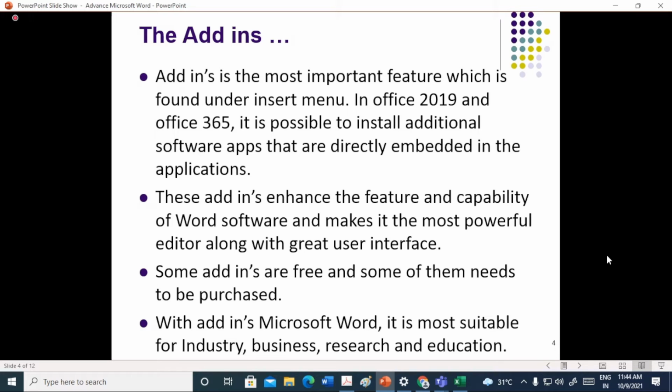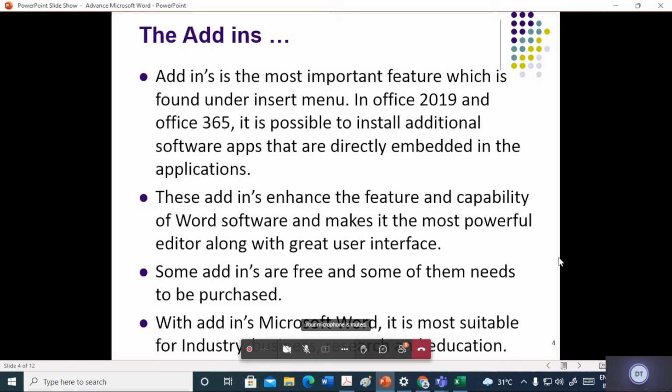Because everything was free and everything could be installed. And then later on, Android came into the picture, which also allowed some applications to be used as a free application up to some extent. Okay, trial version, freeware, something like this. So Microsoft realized that there is a mistake which needs to be corrected. It needs to allow other apps to be added in Microsoft, which will enhance the Word facility.